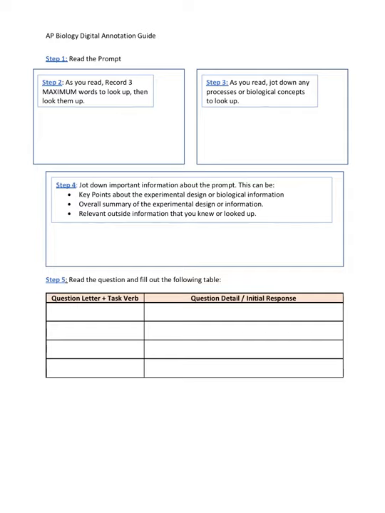So the first thing that you're going to do is obviously read the prompt. The second step is that as you're reading, you're going to record 3 maximum words to look up and then actually look them up once you're done reading the prompt, okay? You're going to do the same thing with processes and biological concepts. The reason for this is you guys are only going to have a limited amount of time, so you don't want to be looking for every single thing that's in the prompt. You want to pick what you think are the most important words and processes to look up, and quickly jot down those notes